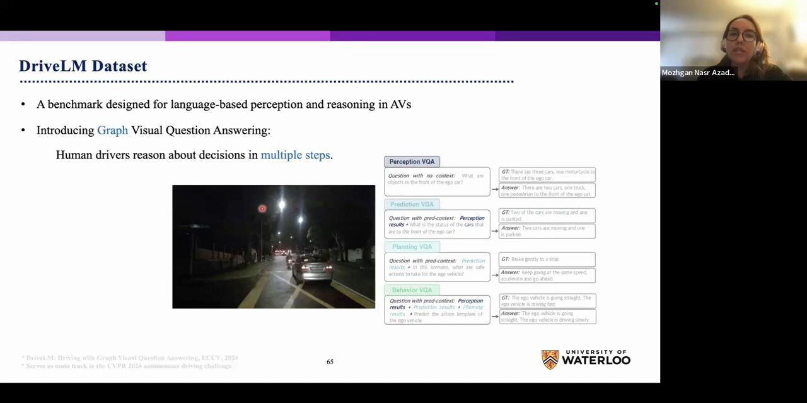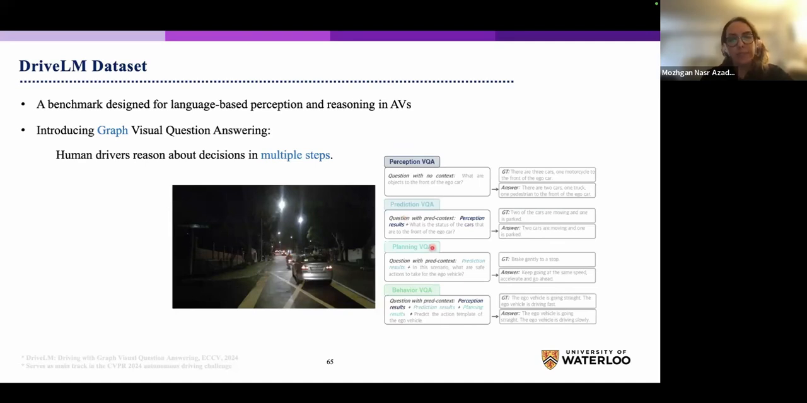The way they create Drive LM is that they add visual question answering based on each drive, and they do it based on a graph representation. It means that first they design some perception-based visual question answers, like: what are the objects in front of the ego car? Based on these perception questions, they then design some prediction questions. Now that you know there is a motorcycle here, predict its future status. And based on these two, this is already becoming a graph, having a causal